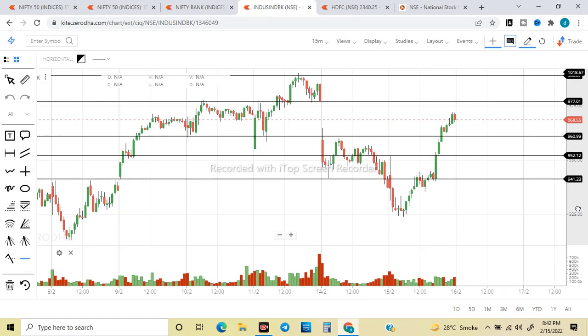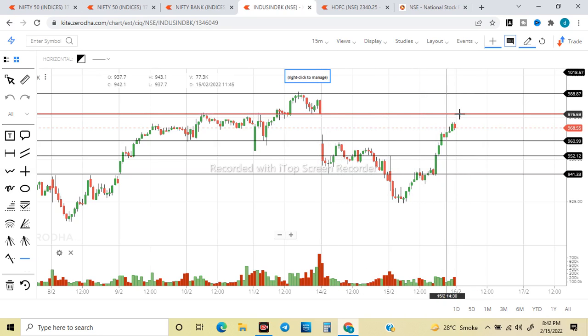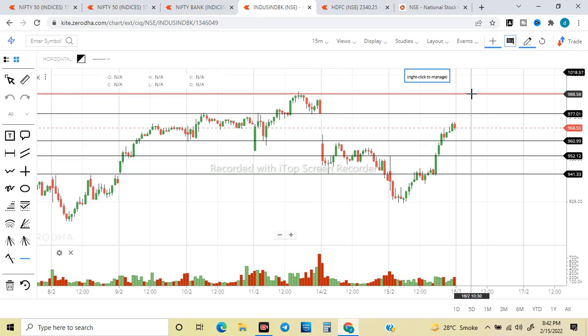Indecent Bank, structure wise, looks good on the daily chart. So according to the 15 minutes time frame, it is going for this gap cover of 976. 976 pe gap covering hai. If it sustains above 977 in 15 minutes time frame, you can possibly take a 1 to 2% trade on the higher side. That is, the initial target would be 988, and if you have taken the higher side trade and you see the stock trading above 977 and moving towards 988, keep your stop loss at cost. Don't lose any money. You can protect by trailing your stop loss, and above 988 we would possibly see 1000 to 1015 levels on this particular stock,